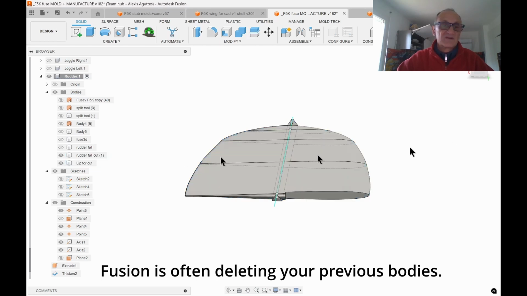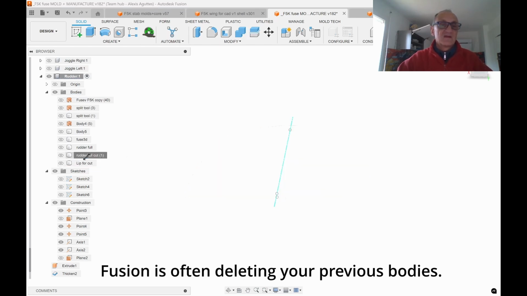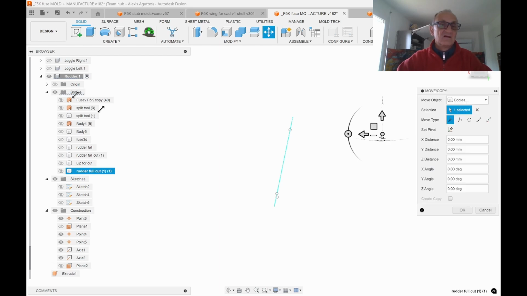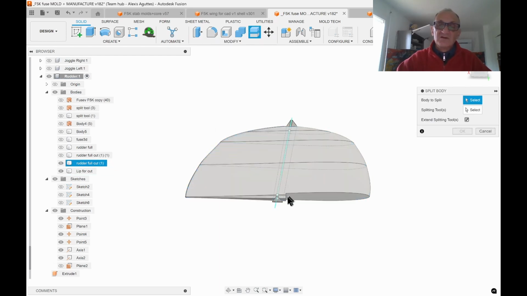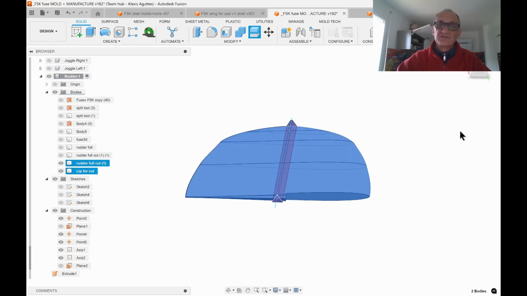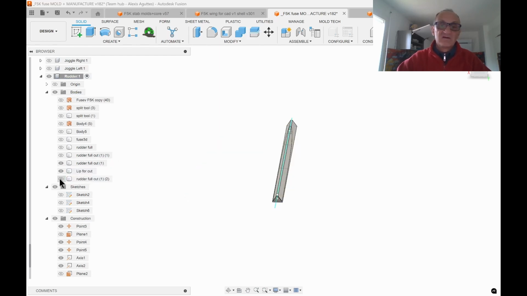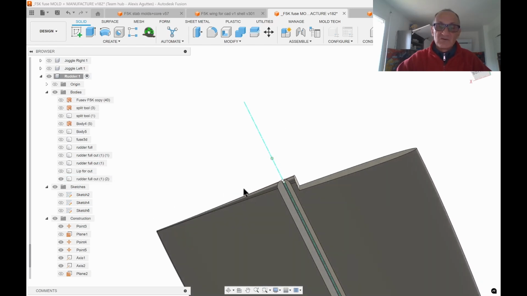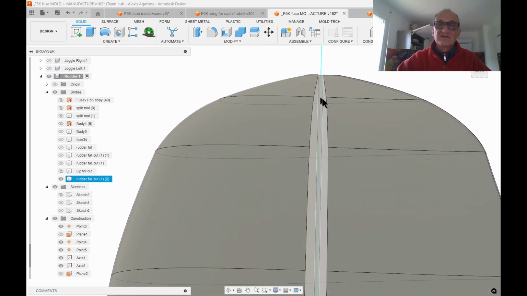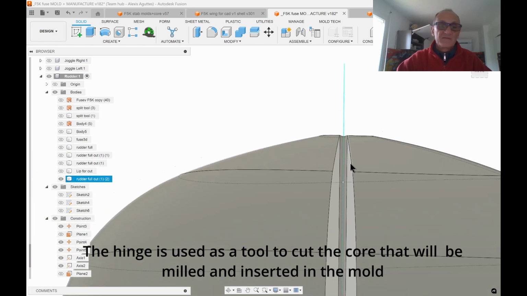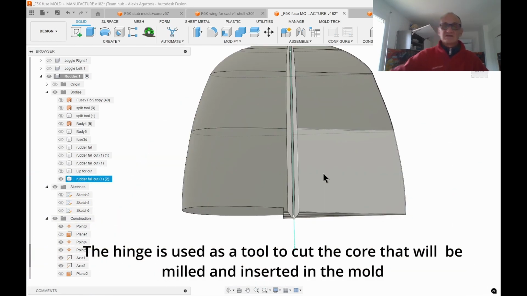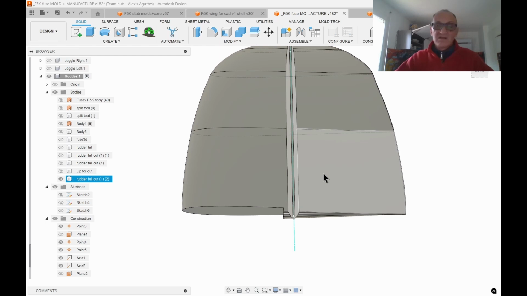Before, I would like to make a copy. So we use our tool. And here we are. That's our core cut with our tool. This is what we want to mill, but